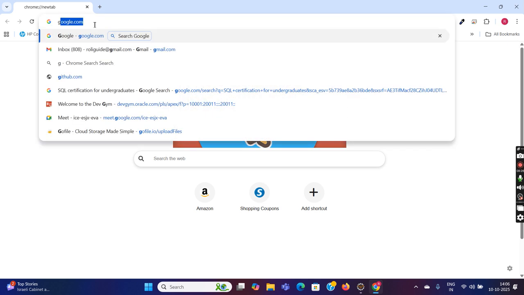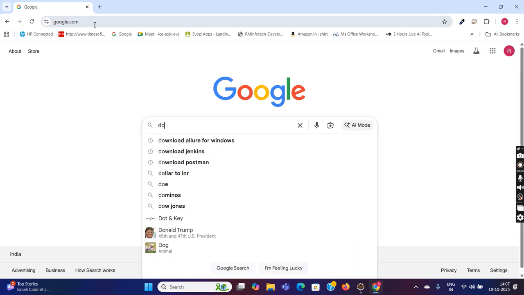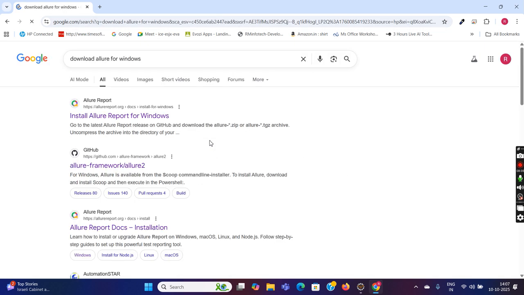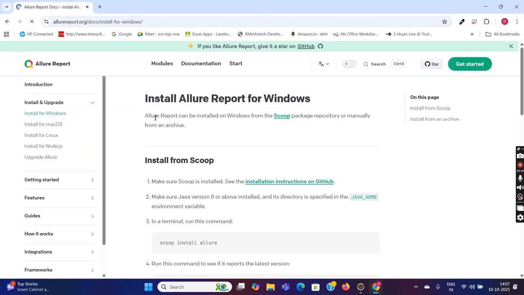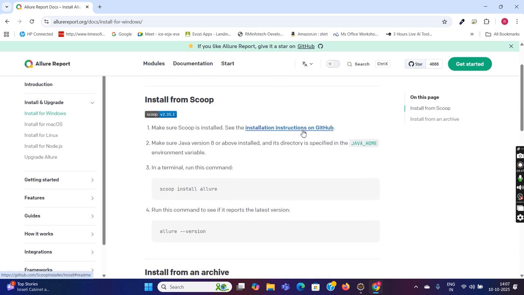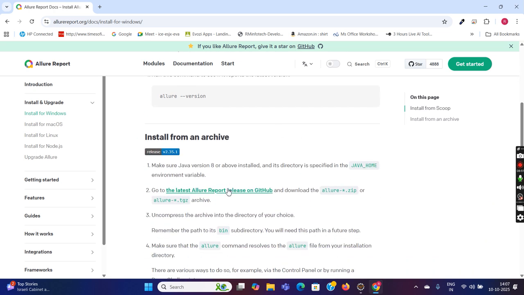to view the results, I have to download the Allure library. So for that, you have to write download Allure for Windows, if it is Windows. You will get this link. Install Allure report for Windows. Then you will see installation instructions on GitHub, or you will see the latest Allure report release on GitHub. So install from the archive. So you can just click on it